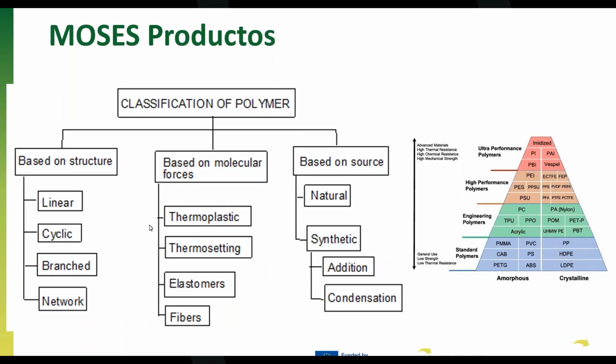Here you can see different ways we can differentiate polymers based on their structures and molecular forces, or their source. As we are going to talk about injection molding, we are going to focus mainly on thermoplastic materials. All the technology can be used for either natural or synthetic polymers, crystalline or amorphous, as you have on the other side. Of course, we will have some differences, and I will try to point them out during the